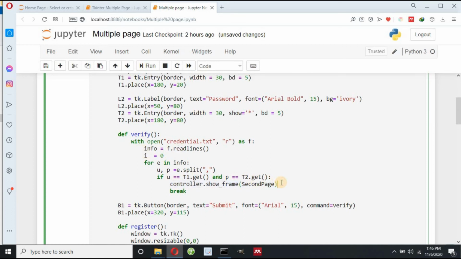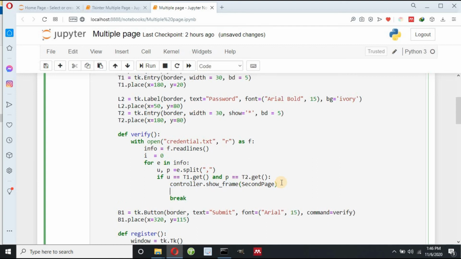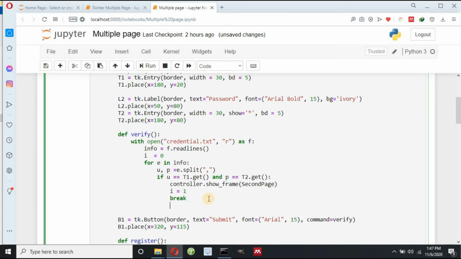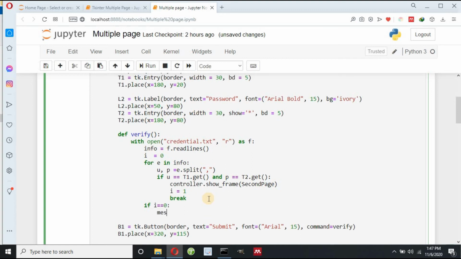So I write i equals 1. Now if i equals 0, I can display a message box, messagebox.showinfo, with the title error and the message, please provide correct username and password.